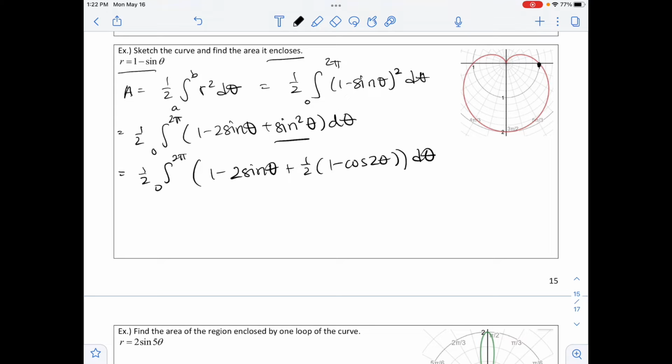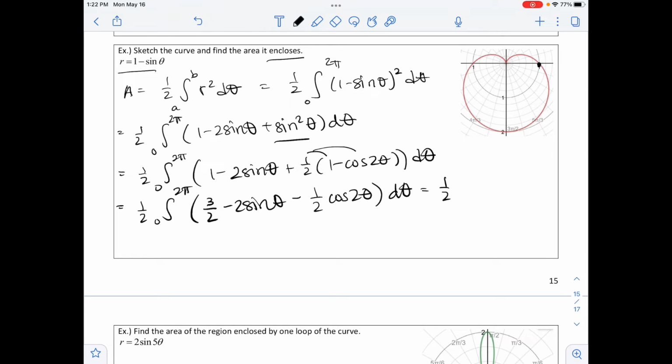And then distributing this 1/2, I'm able to combine some terms. And so we have 1/2 times the integral from 0 to 2 pi of 1 plus 1/2, so I'm going to rewrite that as 3 over 2, and then minus 2 sine theta minus 1/2 cosine 2 theta d theta. And so the 1/2 would stay there, and then integrating each term, we get 3 over 2 theta